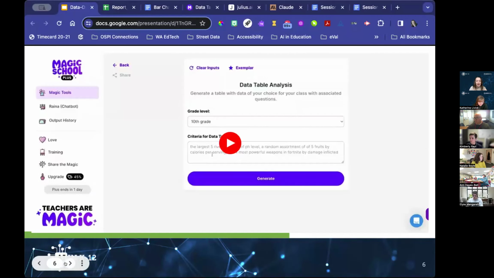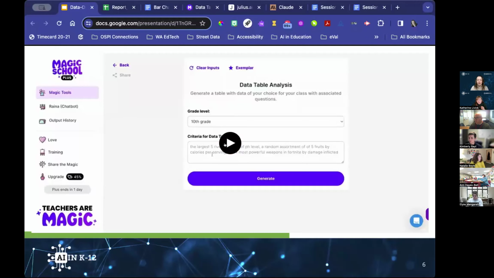Another program that I'm really excited about is the only AI program that has, to my knowledge right now, and that's a little bit of knowledge because there's a lot of AI happening overnight, signed the data privacy agreement that Google and Microsoft signed. Magic School has signed the document that says they will not data mine what you're putting in there. So in this example,